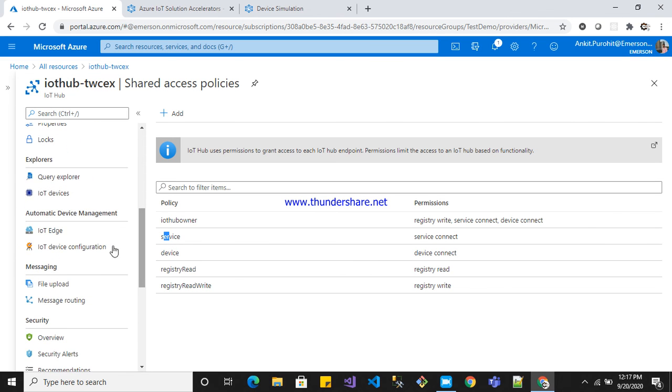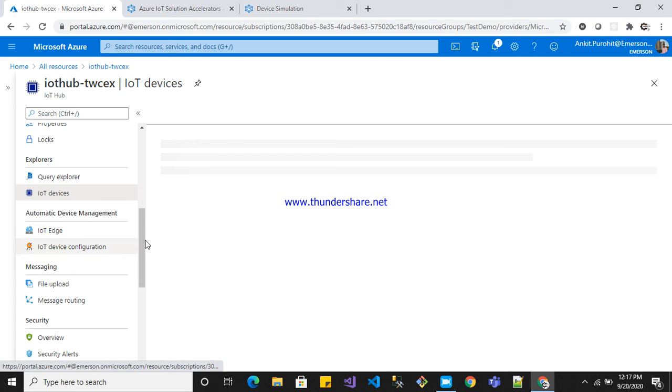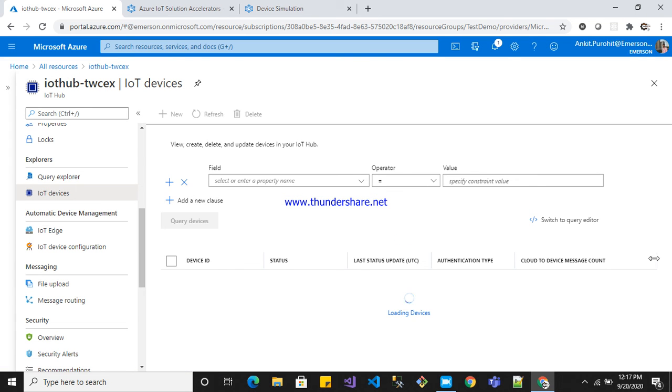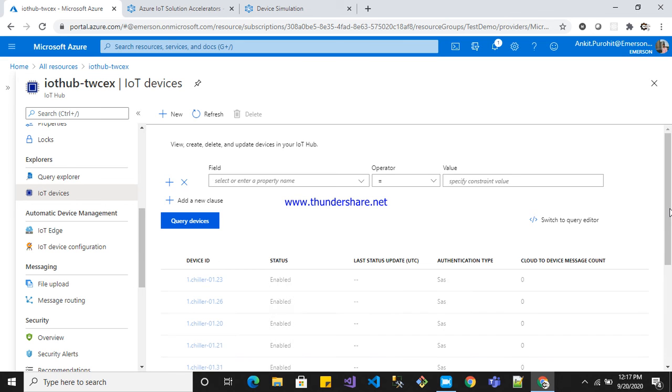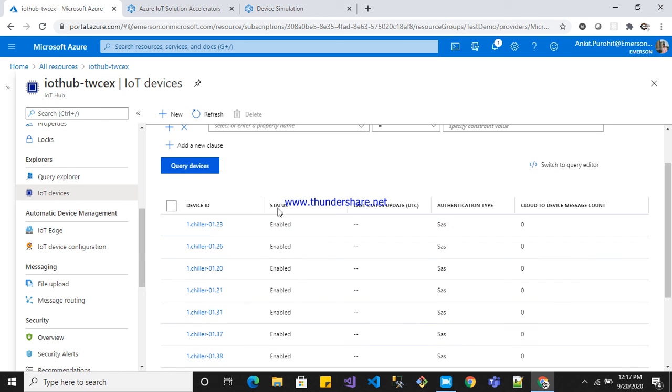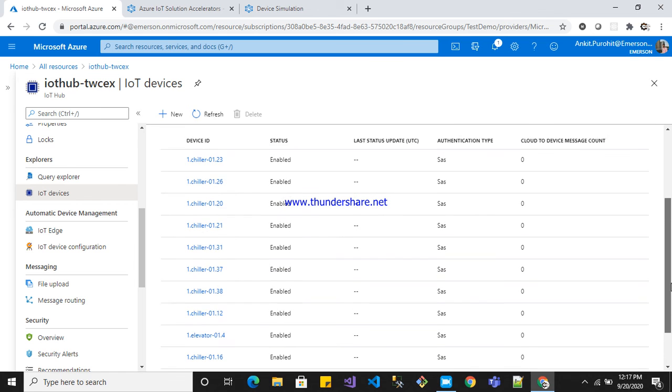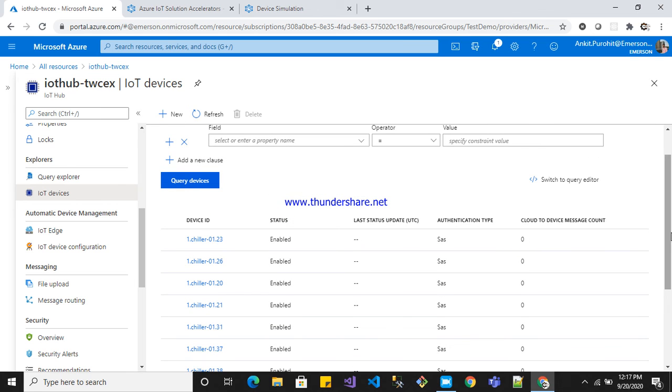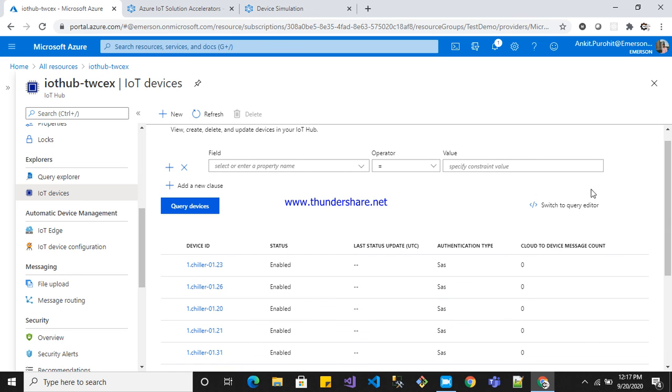You can go to IoT devices to see which devices are connected. It will show you different devices, for example one.chiller, iPhone 0123, status enabled. So these are the devices that are actually active and connected to the IoT hub.